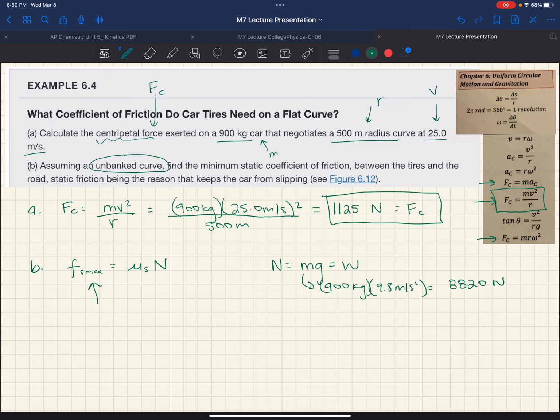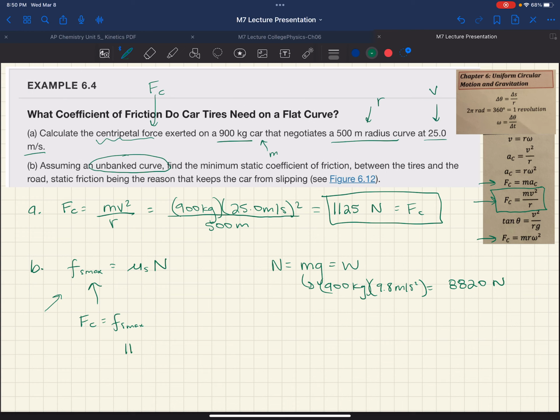Now, what actually is our force in this case? Well, we calculated our centripetal force in part A, and that's going to be equal to this force of friction here. And that's because the car is actively turning. So it is the force keeping the car in that circular motion that is also going to be the reason the car isn't sliding off the road. So in this case, I don't know why I drew arrows everywhere. These two things are equal,